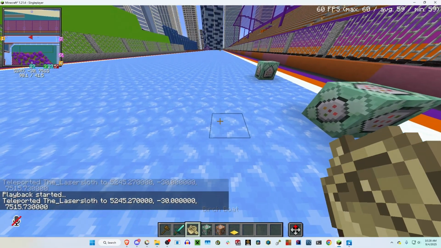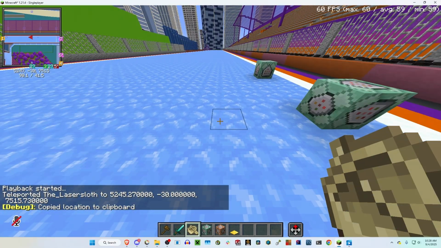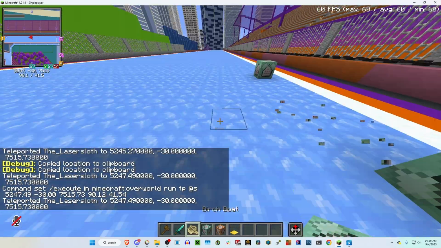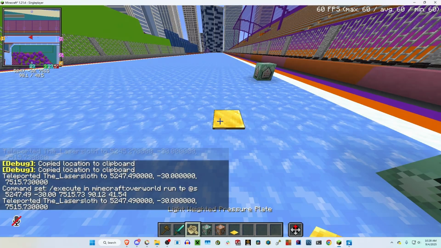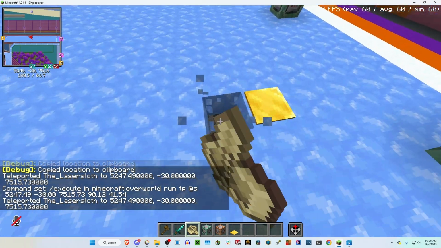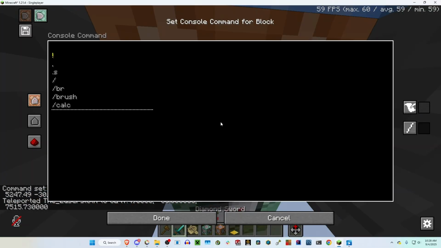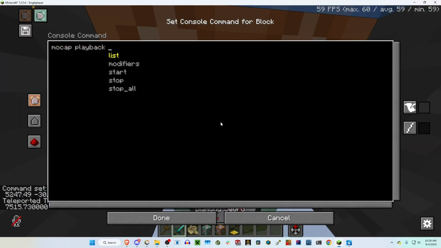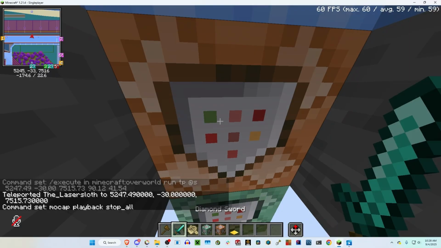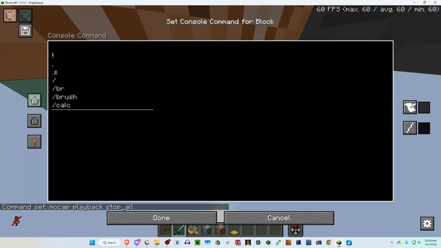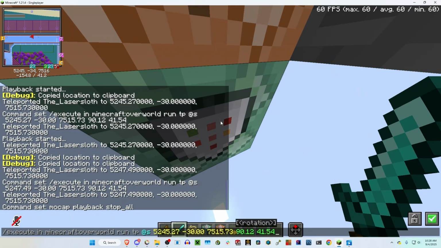But I like to have a specific setup, which makes everything a lot faster. And I'll teach you how to do that setup. So what I like to do is place a pressure plate right here, where I'm going to put the boat, and they can go underneath, and then do 2 command blocks. First is going to be something, this is optional, stopall, and that stops the playback of things, and I'll show you that in a minute if I remember. Then the second one is the playback command,